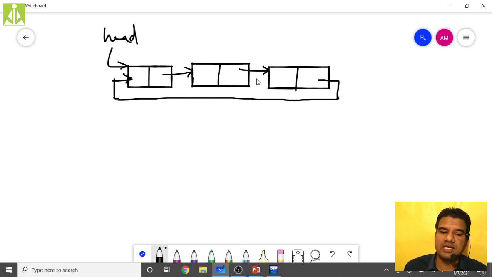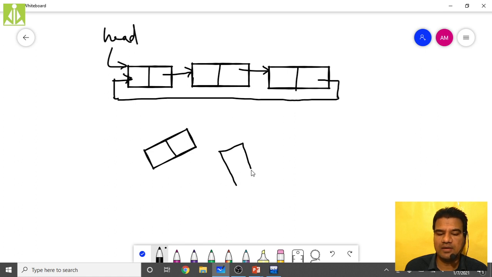In the previous case, in singly linked list, we simply made it null over here to indicate the end. But over here, when you make the last node's next pointer point to the first node, it forms a cycle. I will show you. A circular shape it is forming. Like this, my first node I'm drawing, then I have my second node, then my third node like this.